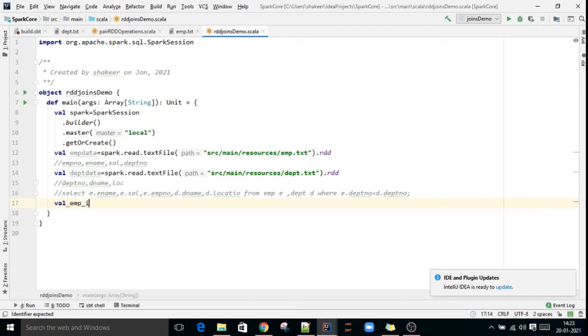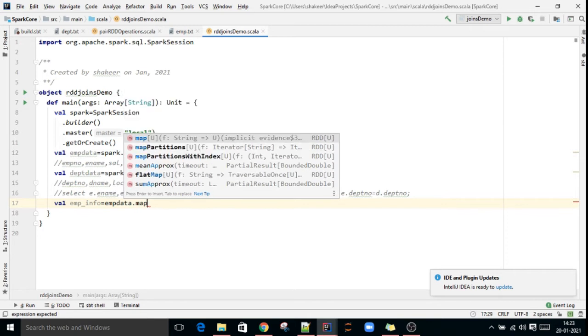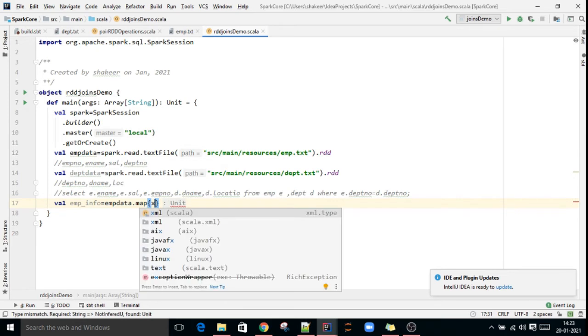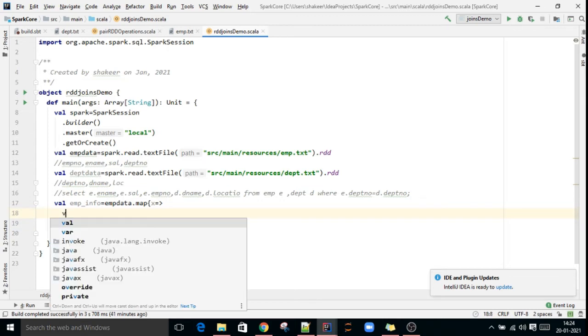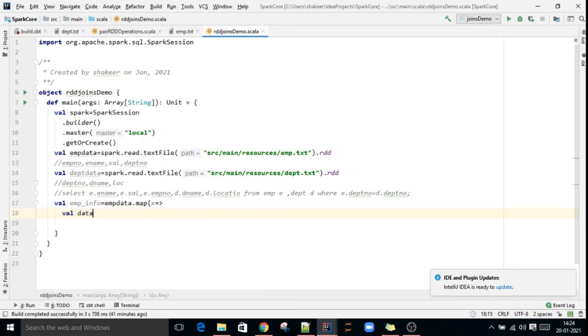Emp info equal to emp data, we traverse employee data using map x such that val data equal to x.split, each column separated with a comma.